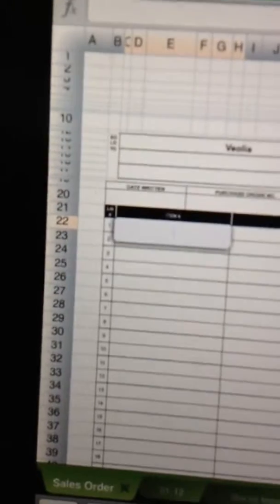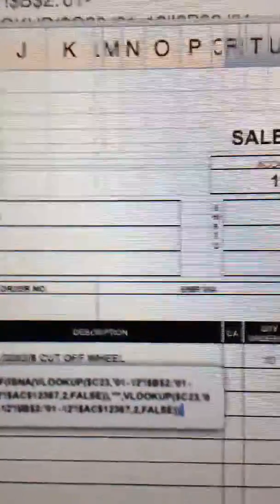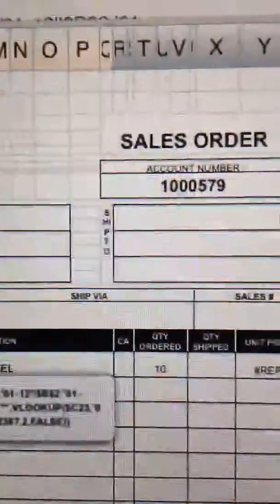The coolest part is that the order entry side didn't work before and seems to be working just great now. 69350, part number that all of us probably know. And then you can see, let's see if it, come on, there we go. So it populates with, just like on your laptop, the formula. I don't know why it shows up, but you get your description, your package quantity, which you can change. Unit price is not filled in because,